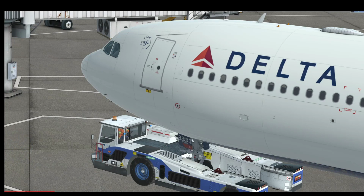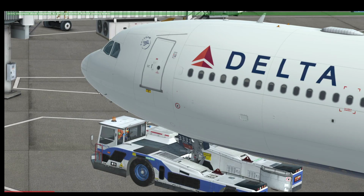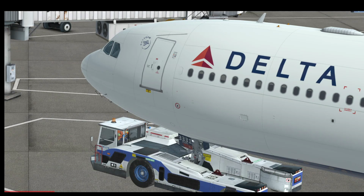This is actually very timely that Delta comes out with this aircraft because Delta is not a carrier of 787s. So for your wide body, long range aircraft, it's very timely that we have this rather than having to use the 747 all the time or the 777. And they don't really make a 767 for